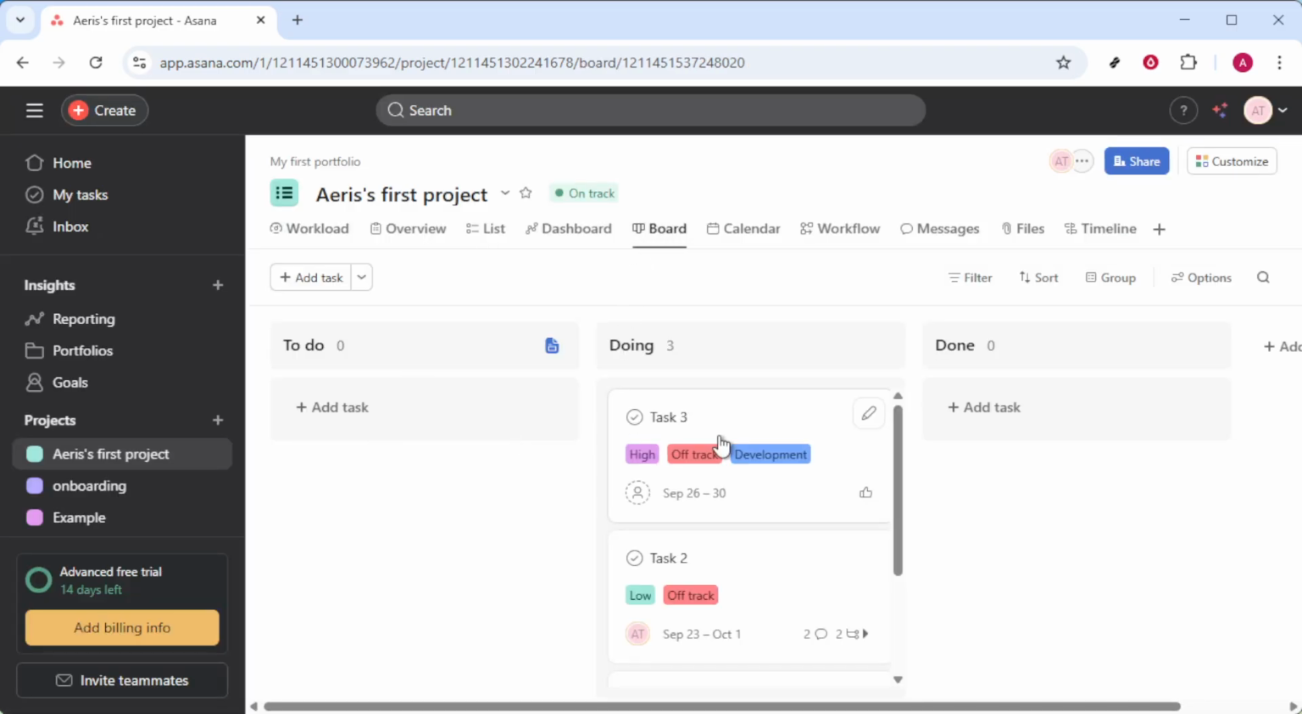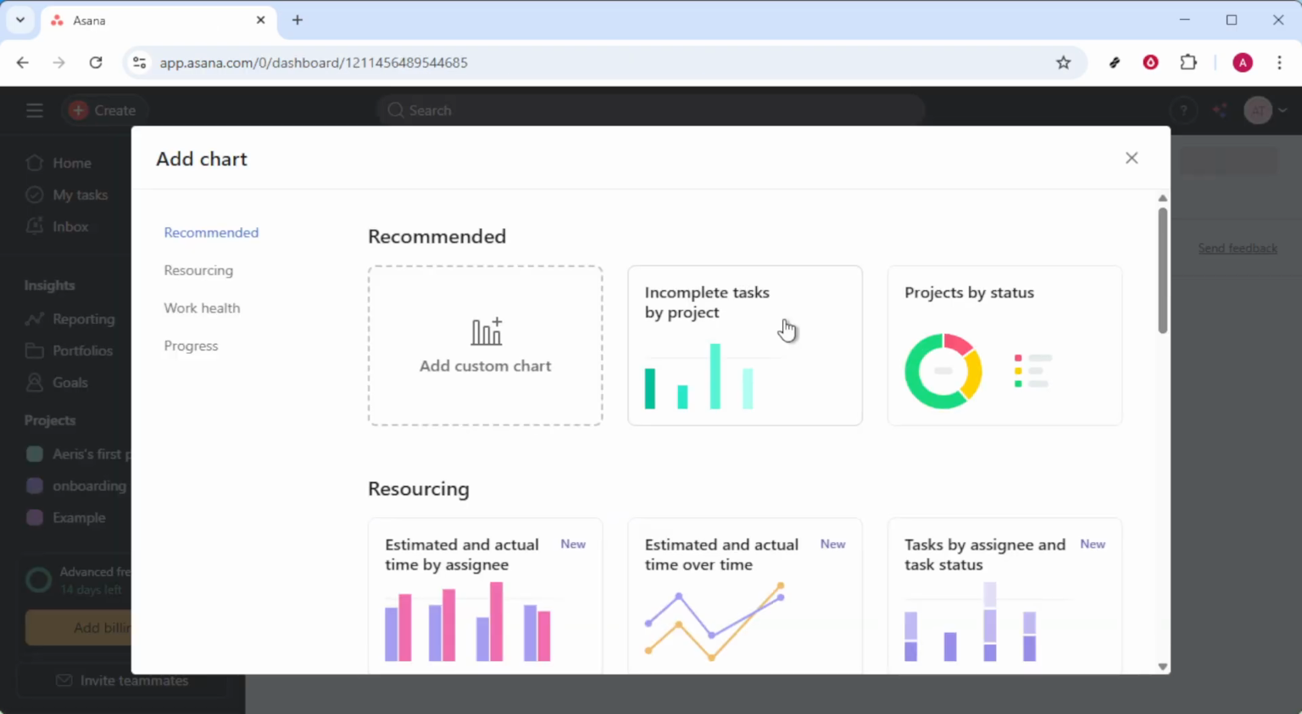Finally, by accessing your dashboard, you can track recommendations, resource allocations, work health, and project progress. Use this information to make informed decisions about how to tackle your tasks efficiently. If you're managing multiple projects, explore the calendar option to keep track of deadlines, which helps in prioritizing your workload